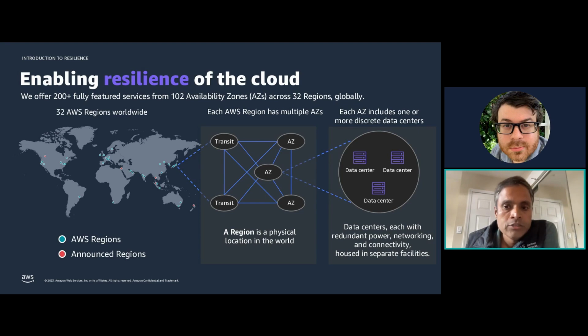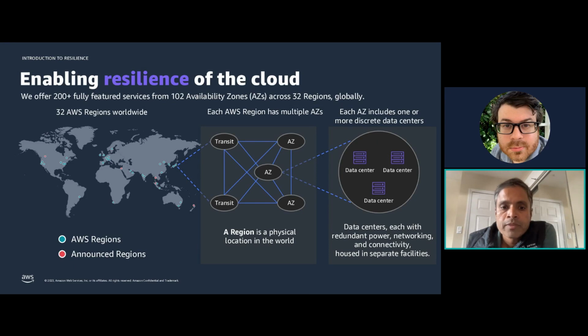We call each group of logical data centers an availability zone. An availability zone consists of one or more discrete data centers, each with redundant power, networking, and connectivity, and housed in separate facilities. In AWS, we offer more than 200 fully featured services from 102 availability zones across 32 regions